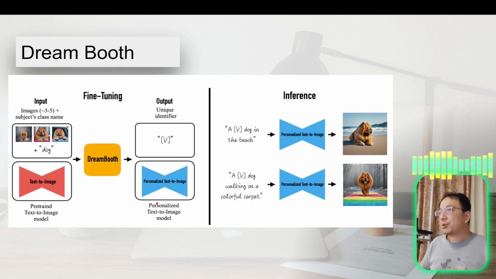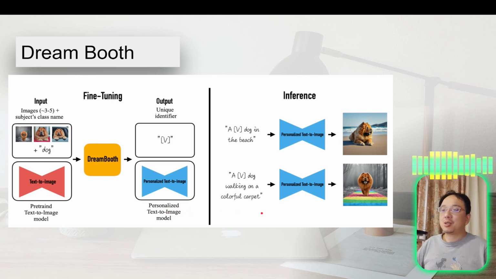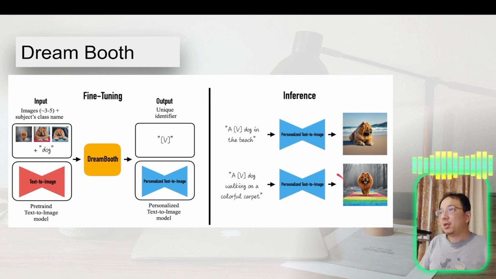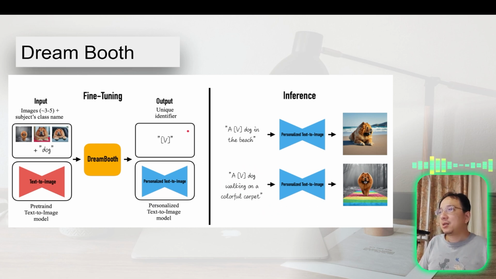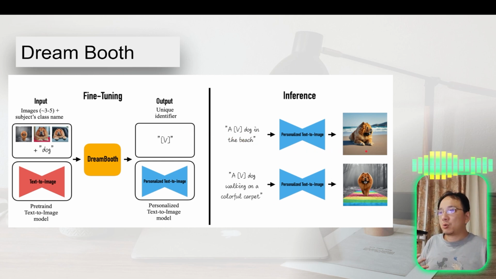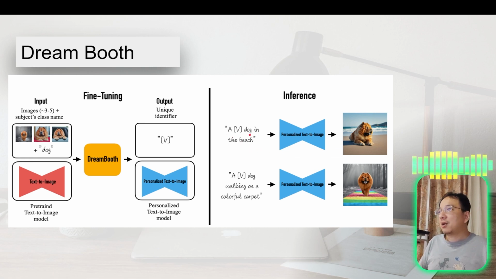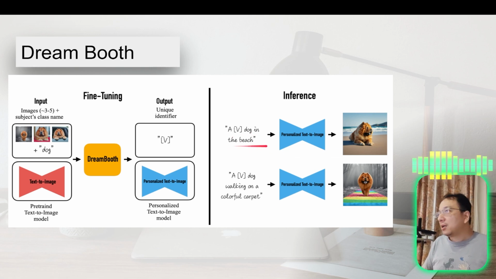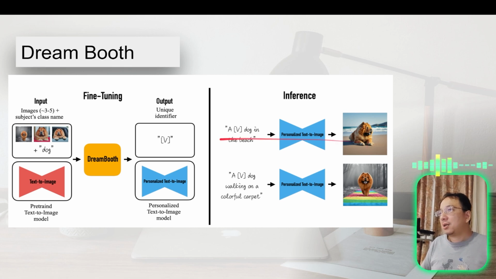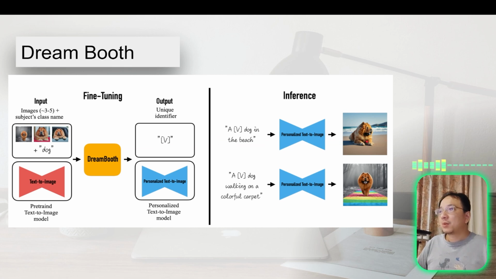In the paper, it used the phrase personalized text-to-image model, but it's just a fine-tuned model. In this fine-tuned model, if our prompt contains the specified unique identifier, then it will generate the content as desired. Like there's a feed dog on the beach, and we can see this type of dog in an